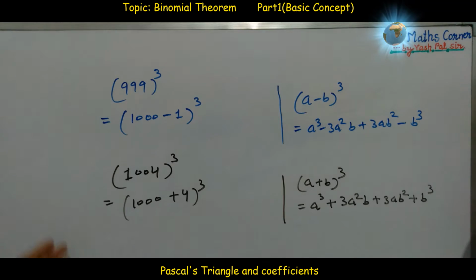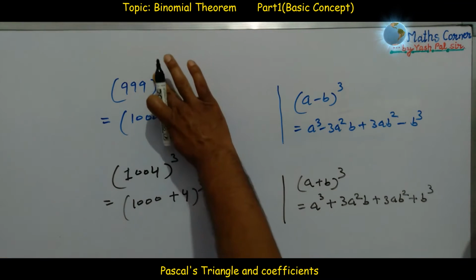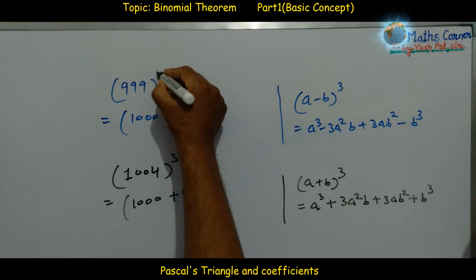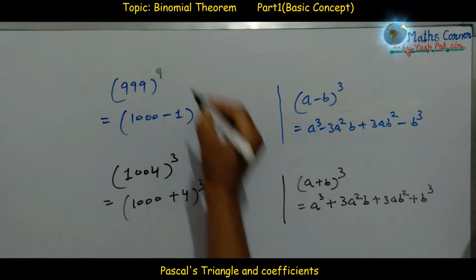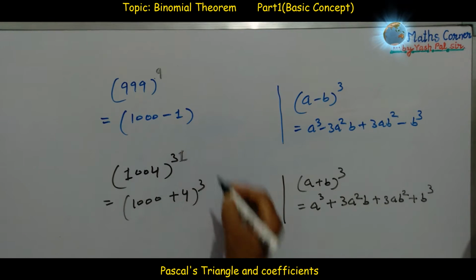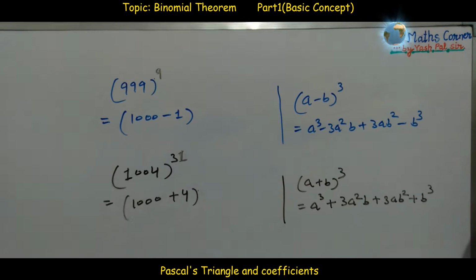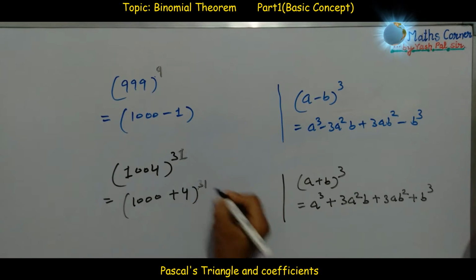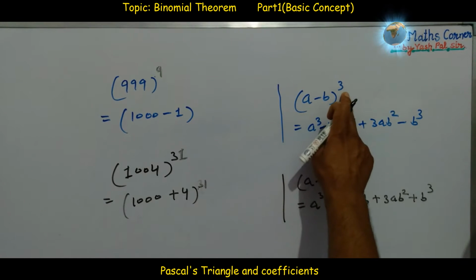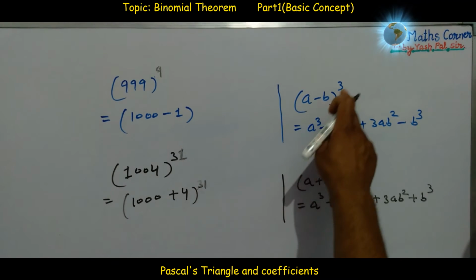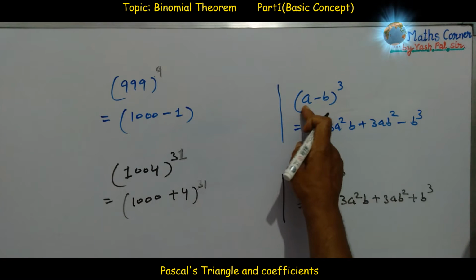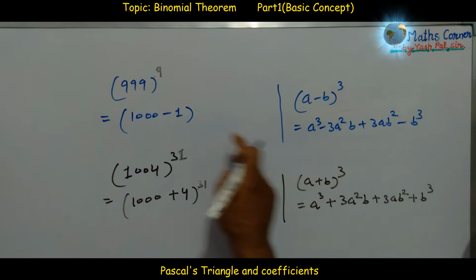Now let us see, if we increase the power, what happens if we take the power 9 here, what happens if the power is 31? Okay, then certainly we need one rule. Only this (a minus b) whole raised to power 3 or (a minus b) whole power 2 cannot work here. Okay, so one thing is common, a minus b, a plus b, meaning